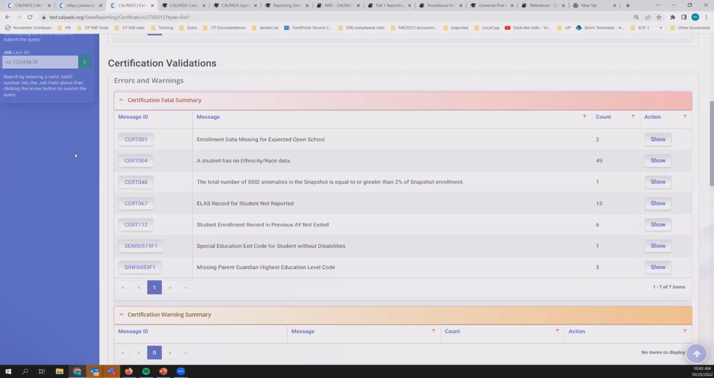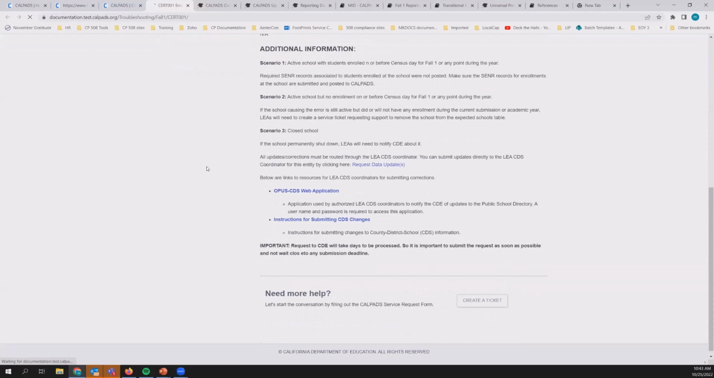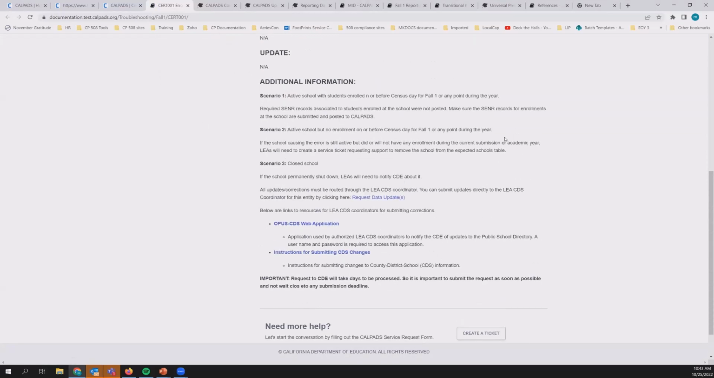So the question is, is your school still operating, or is your school an active school, however, you don't have any enrollments this year up to census day? If that's the case, then the resolution for this, you just click on this and go to the CalPADS user manual, cert 1, and the test is slow, and scroll down. So here are your resolutions, okay? So again,